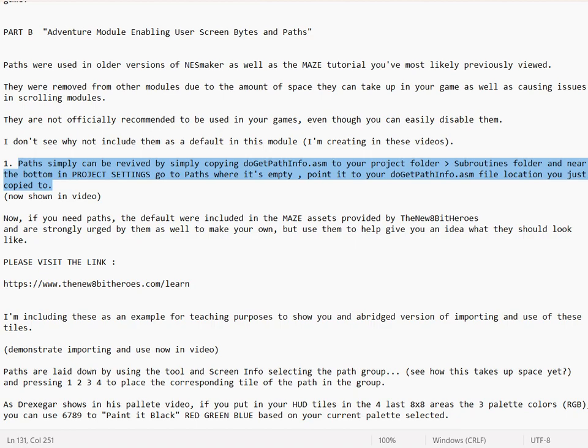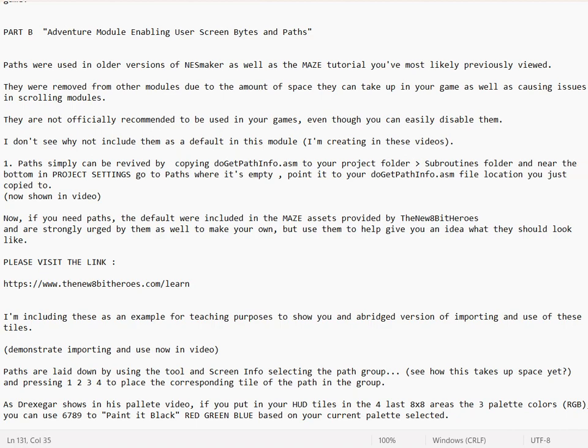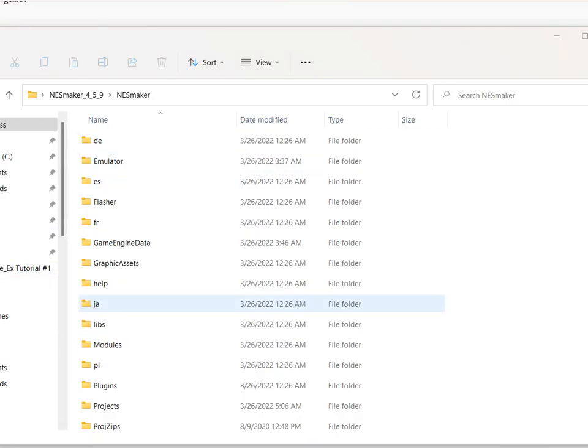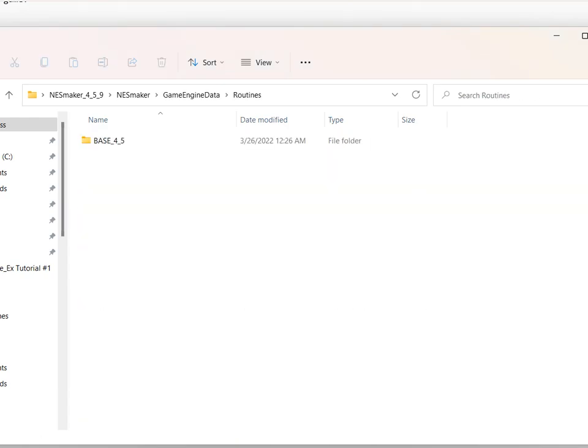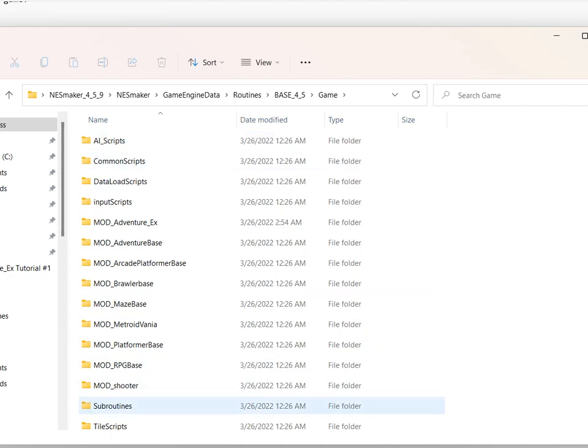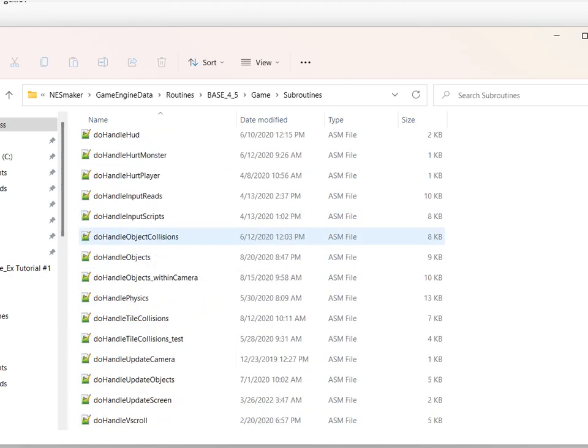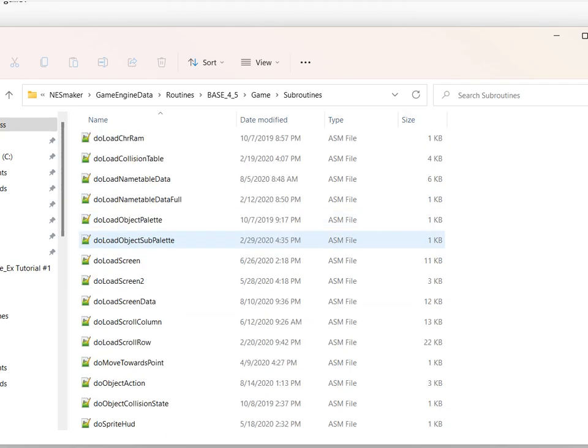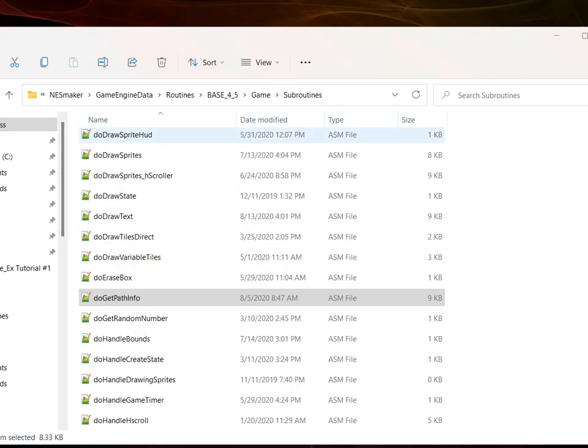Paths simply can be revived by copying do get path info ASM from your NESmaker folder. Go to routines, base 4.5 game, go to subroutines, and down in subroutines you'll see do get path info. So you're going to copy this file,